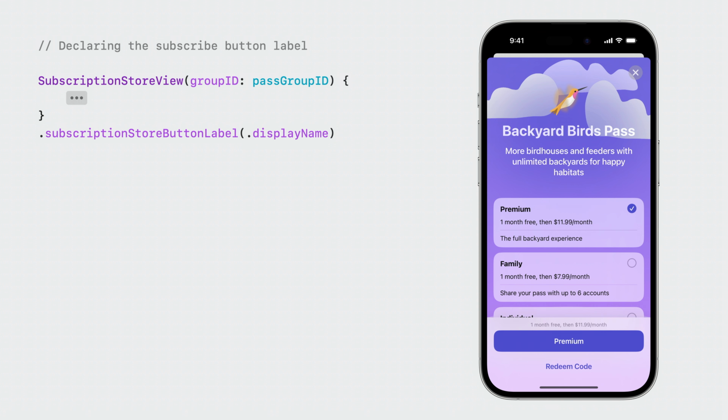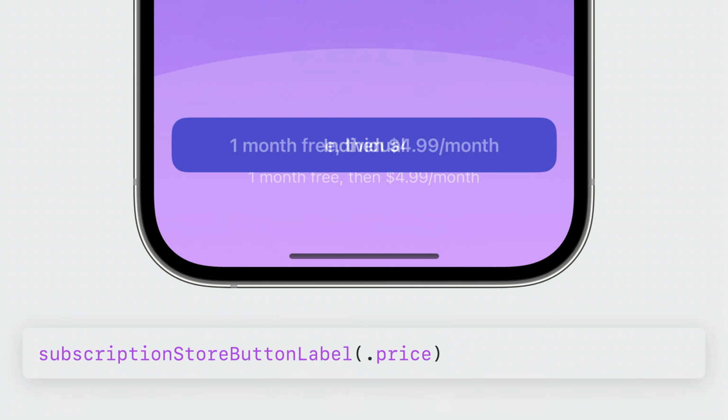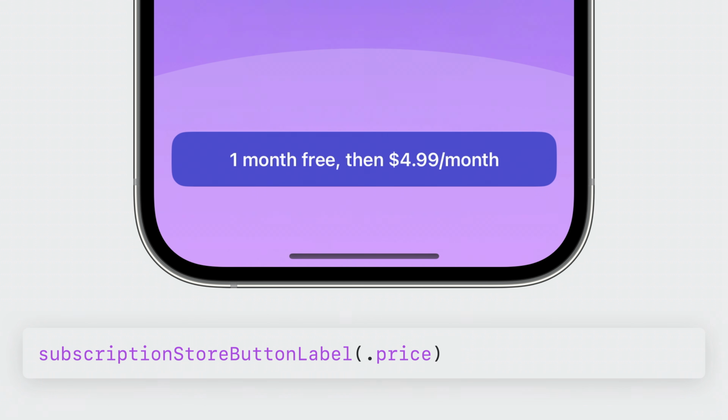In addition to customizing the layout of the button label, you can also customize the content. For example, you could choose to show the display name of the selected subscription instead of an action phrase. You can even compose a button label value with both the layout and the content by chaining the components together, like this. Since the button controls are composed of the same subscribe buttons as the picker controls, you can use the same modifier to customize these buttons too. For example, you can choose to only show the price on the label. This is useful when your plans are all the same service, but with different price points.